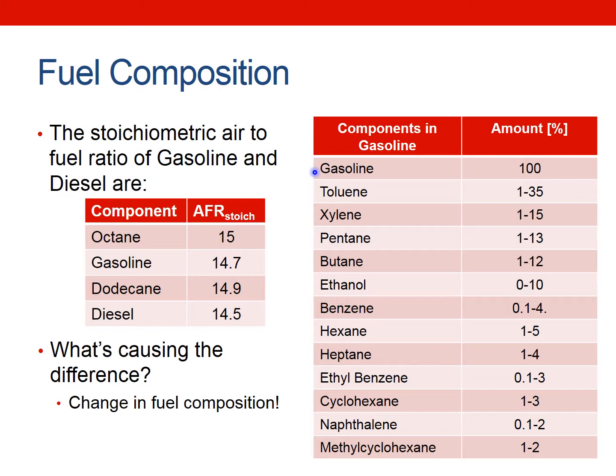And just to highlight, this is the information I got off a material safety data sheet for gasoline, which has an analysis of gasoline, and these are the kind of ranges. So all these different chemicals or substances were present in gasoline and varying by large amounts, by plus or minus 30% kind of thing. So you've got toluene, xylene, pentane, butane, etc. So this is why it's really hard to get an accurate stoichiometric air-to-fuel ratio when your substance is varying so much. I mean, they do try and keep it within limits, but that's why it's different to octane.